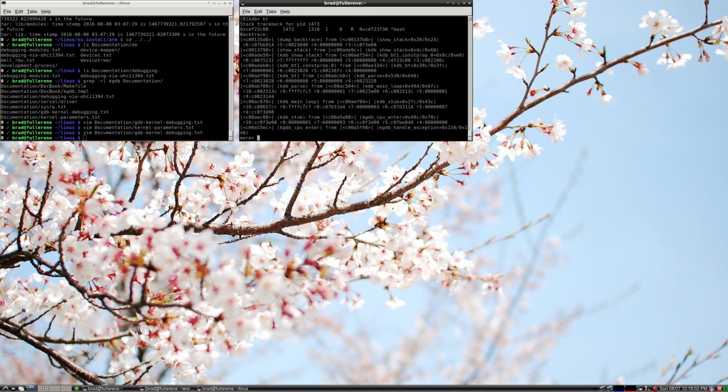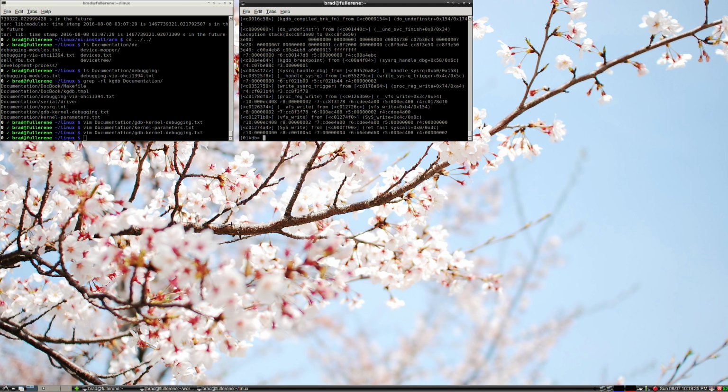So we see just some symbol information and offsets into those symbols, which is whatever address is after that. And you can use a tool, address to line, addr2line, to go ahead and convert those offsets into actual line numbers. Or what we can do, and what I'll go ahead and do, is